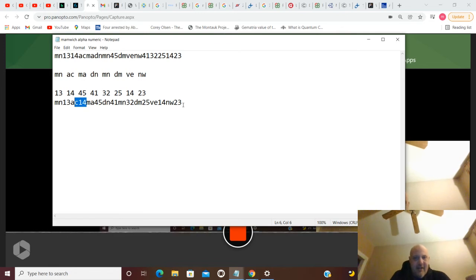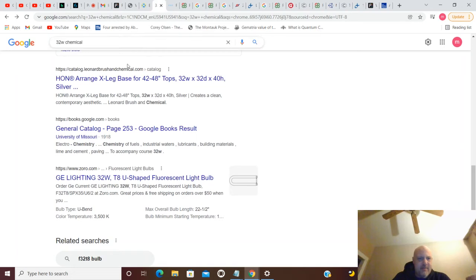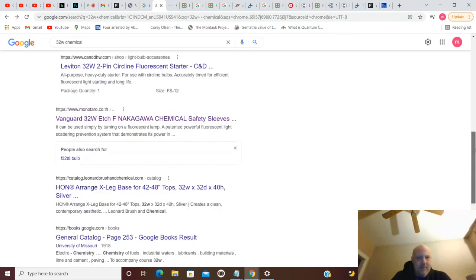Now we got this to run through the stock market, finance, genetics, medical, and we got it to go forwards through chemical. And now we're coming back through chemical. So if you start with 32W right here, you do get some things. You get some court cases up here. You get chemical safety sleeves. Vanguard 32W, chemical safety sleeves, deals with a fluorescent lamp.